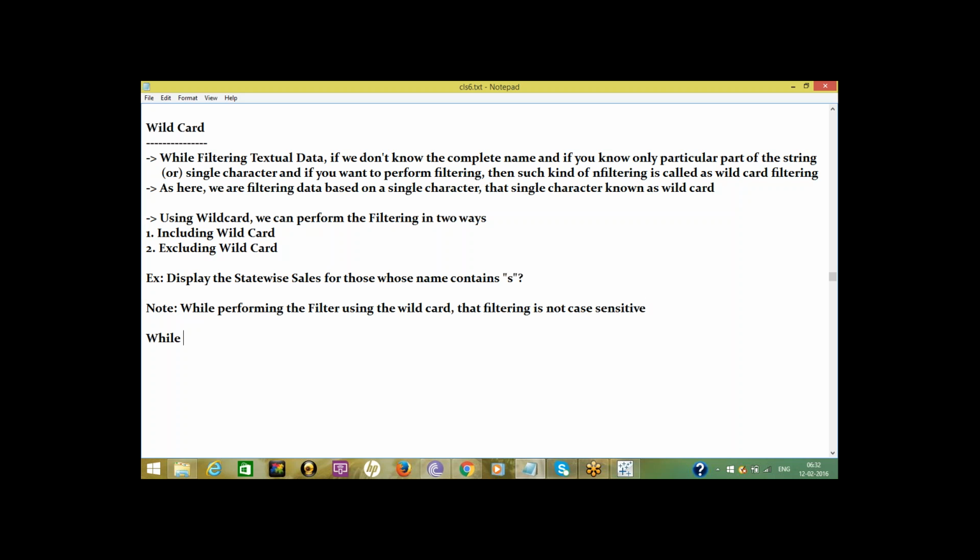While filtering character data using the wildcard, we can filter in four ways.